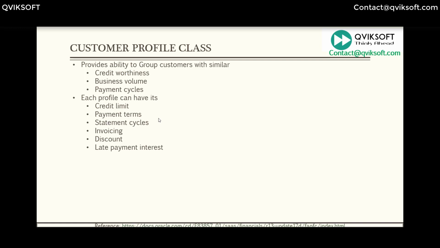Payment terms, as I mentioned earlier, you can set up payment of 30 days, 60 days, 90 days as per your group of customers. Statement cycle, how frequently you're going to send statements to them. This can also be a parameter which you define at the profile level, whether you want customers to pay quarterly or monthly or half yearly. This basically helps group them at that level. Any invoicing related parameter which you want to set, discount parameter which you want to give. For example, if you want to set up some discount parameter, say 2%, based on the kind of customer, you can set up those discounts here. Late payment interest, whether you calculate late payment interest for this group of customers, you can specify here.